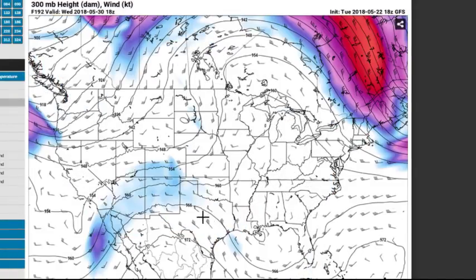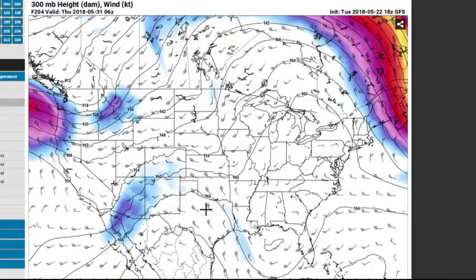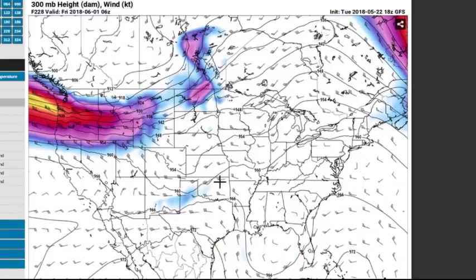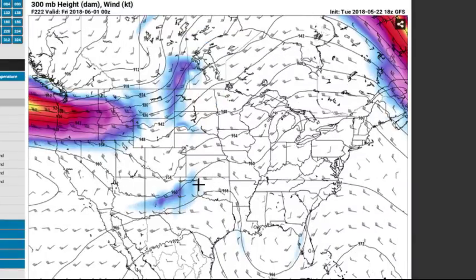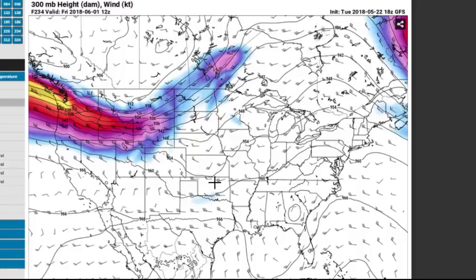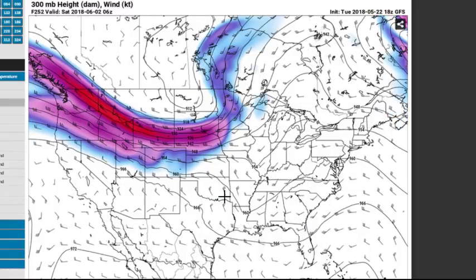And then we start getting those height rises starting around Wednesday. We can see those building in there. See how they kind of move north? So that'll kind of shut things down and move the activity up into the Central Plains. One last hurrah there: jet stream segment moving into Kansas around Thursday, maybe the Panhandles, western Oklahoma. Yeah, basically this area right here. So maybe some weather around Thursday, and then things may shut down